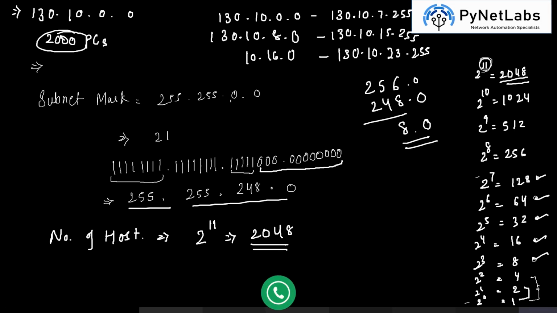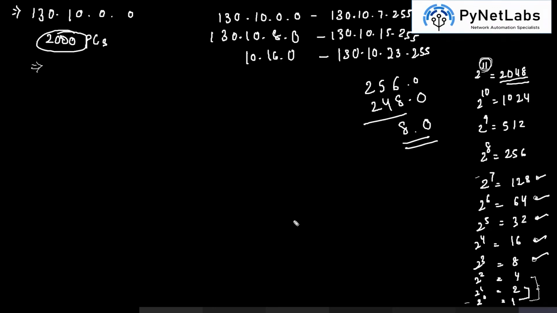Perfect. So we are almost done with the class C and class B subnetting, and we will discuss class A subnetting in tomorrow's class, and we'll look into it in case you still have any doubt. How to get, okay. So you can just calculate by keeping things in mind.